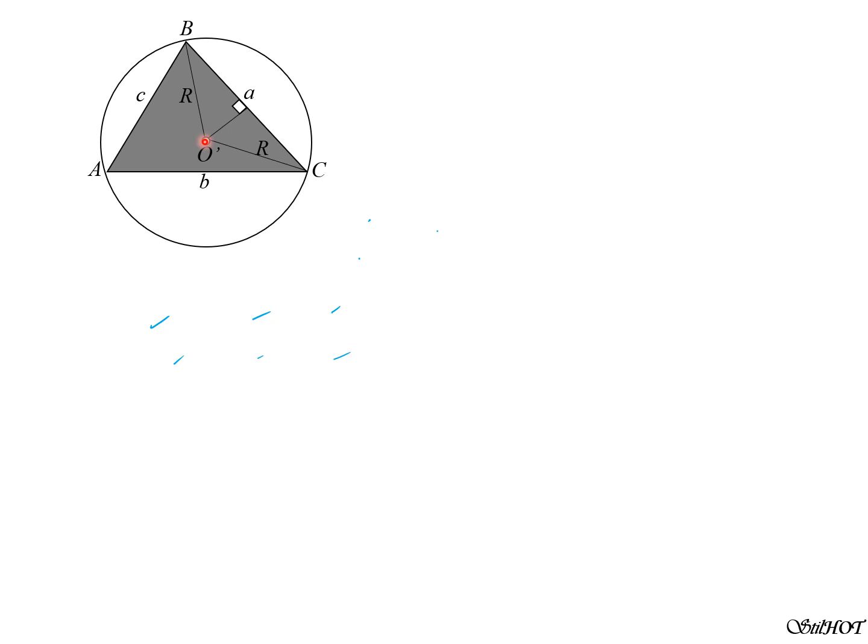So that's why the circumcenter, the center of the circumscribing circle, is also the point of intersection of the perpendicular bisectors. Since the measure of this angle, subtending arc BC, is twice this angle A here, therefore this is angle A, and that is also angle A. From this right triangle, because side A is bisected into A over 2, sine angle A is equal to opposite A over 2 over R, or A over 2R.